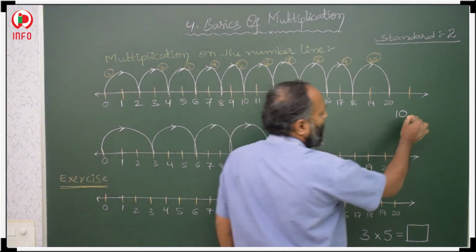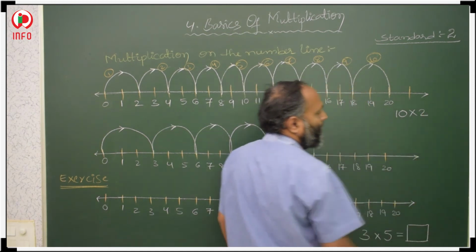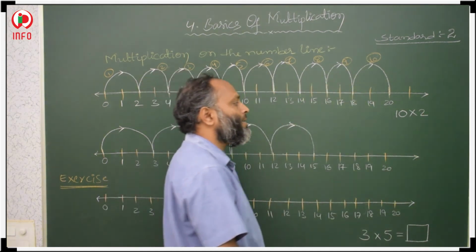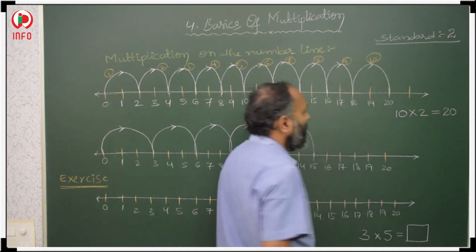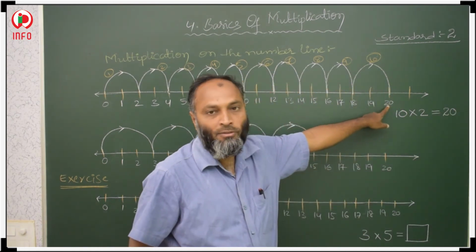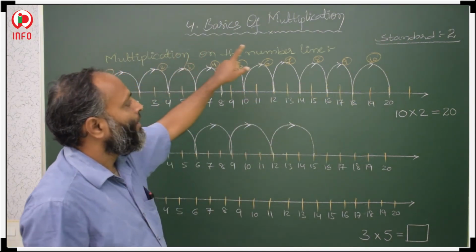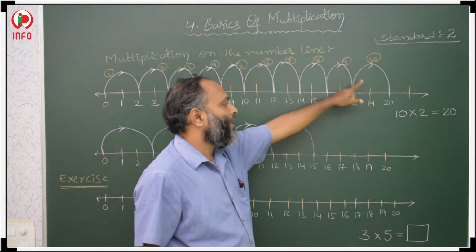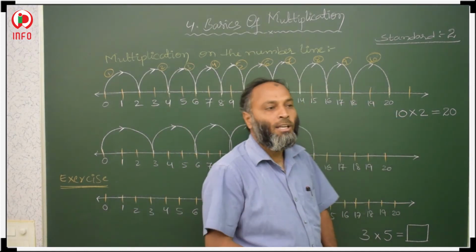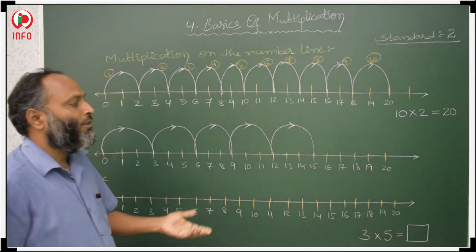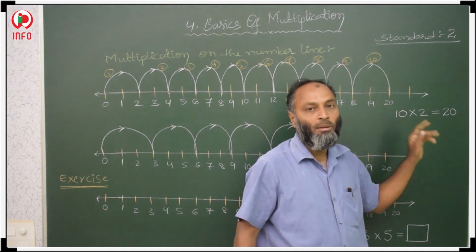If we multiply that skip counting 2, then 10 2s are 20. 20 is our answer. So where does it stop? At 20. It means if we make 10 2 skip countings, then the answer is 20. So in short form we can find the number where it stops using multiplication.